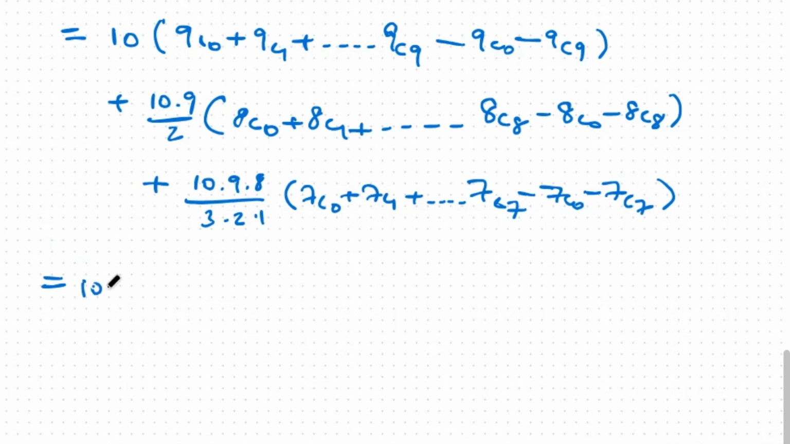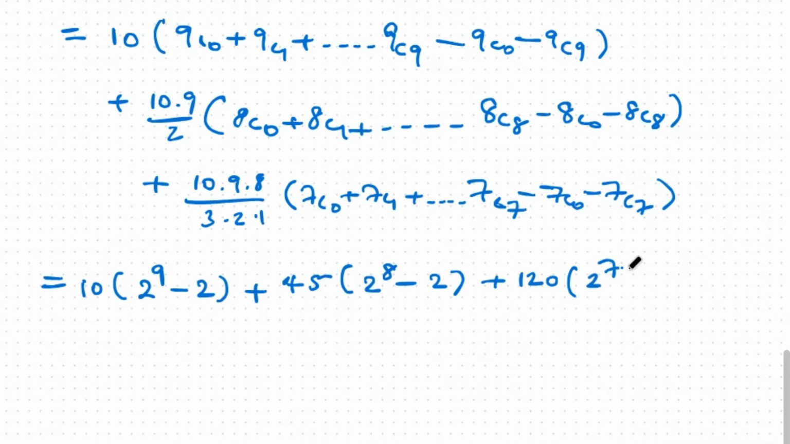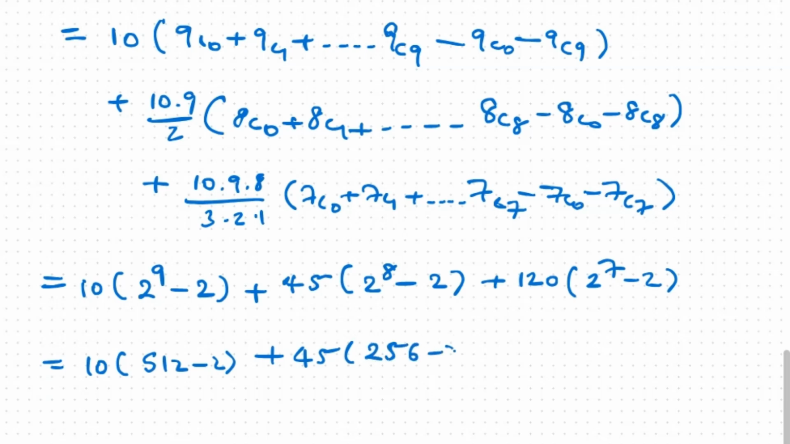which will be equal to 10 into, this will be the sum of binomial coefficients, that will be 2 power n, that is 2 power 9, minus this will be 1, this will be 1, that is minus 2, plus here this will be 45 of here it will be 2 power 8 minus 2, plus this will be 120 into this will be 2 power 7 minus 2, which is equal to 10 into 2 power 9 is 512 minus 2, plus 45 and 2 power 8 is 256 and minus 2, plus 120 into 128 minus 2,